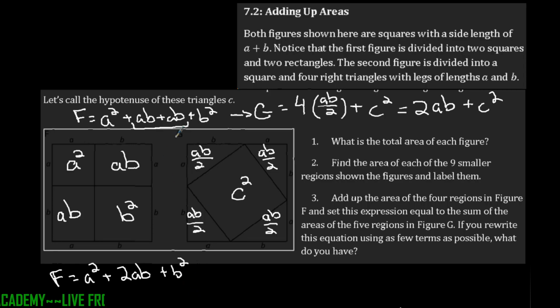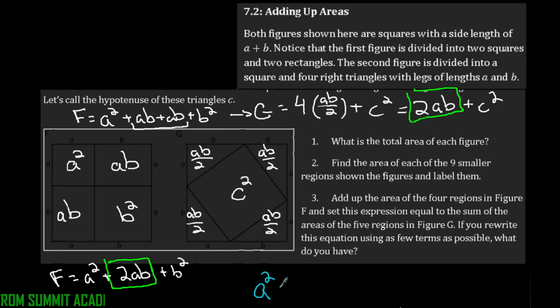And if we know that these total areas are the same, I could say that if I compare these 2 amounts, 2AB and 2AB from each figure, and I took those out, it kind of creates our Pythagorean theorem. So the main idea that we're trying to get is we have that A squared plus B squared